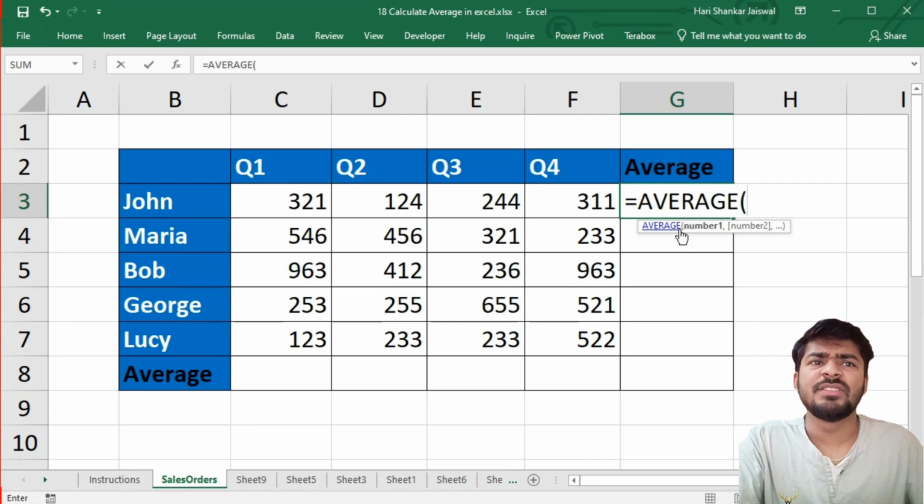Now you need to specify the group of numbers from which you want to calculate the average. So we will click on the cell C3, then hold and drag until we reach the location F3. This way Excel receives the information that these are the numbers that need to be included for the calculation of